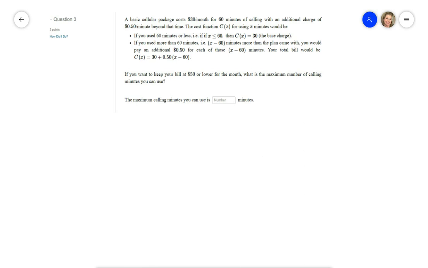Okay, question 3 says a basic cellular package costs $30 for 60 minutes of calling with an additional charge of 50 cents per minute beyond that time. And then the cost function C of x for using x minutes would be, if you use 60 minutes or less, which means x would be less than or equal to 60, then C of x is equal to the $30 base charge. If you use more than 60 minutes,